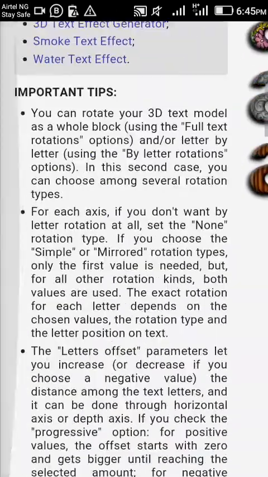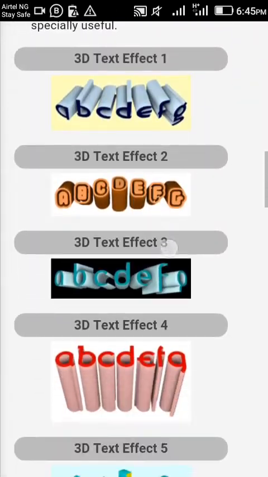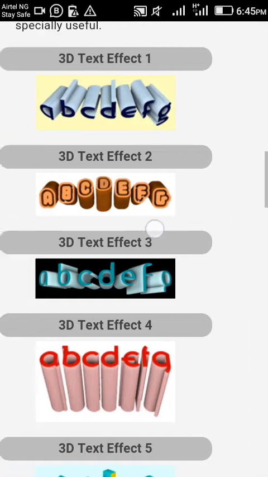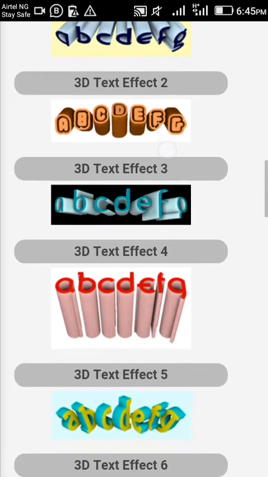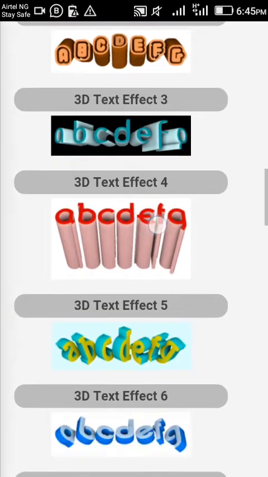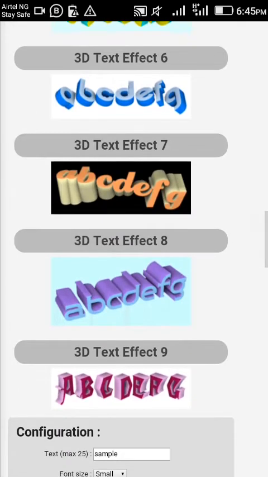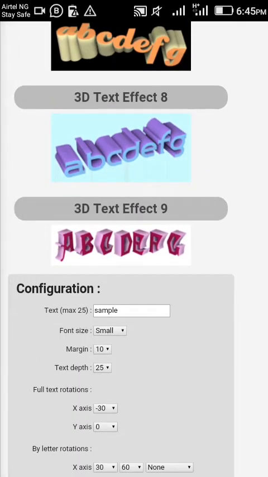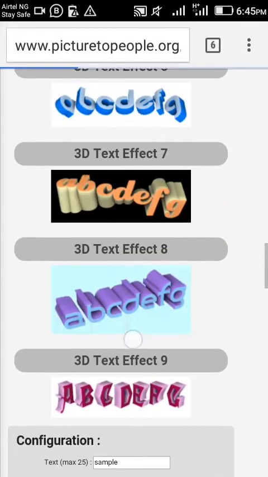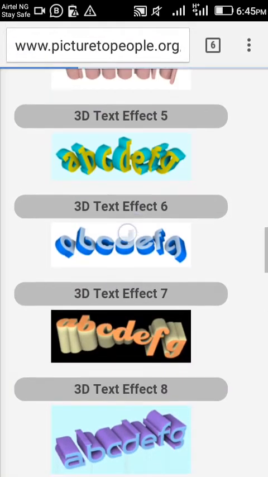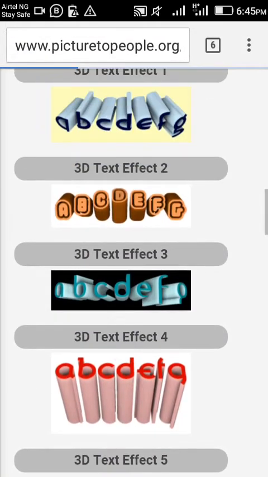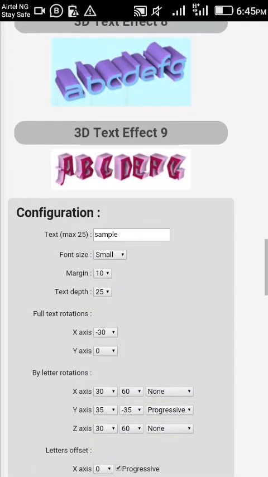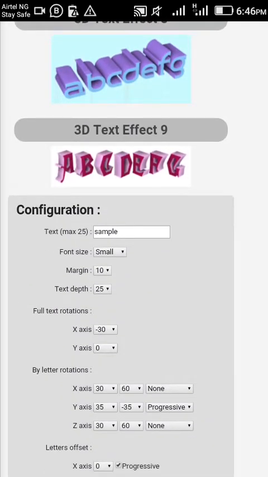So that's that. Now, these are three-dimensional texts with height, depth, length and breadth and all of that, X, Y and Z axis. But there are many styles you could use. Look at all these styles, all these designs, but let me just start with something very basic. Now all you have to do is come here,